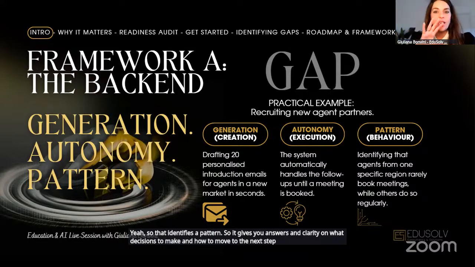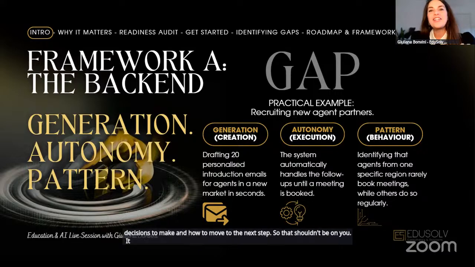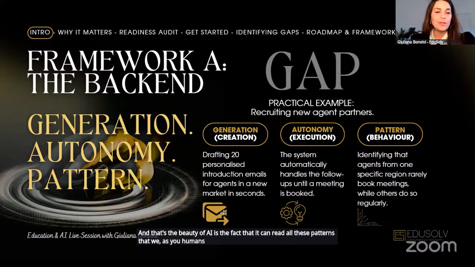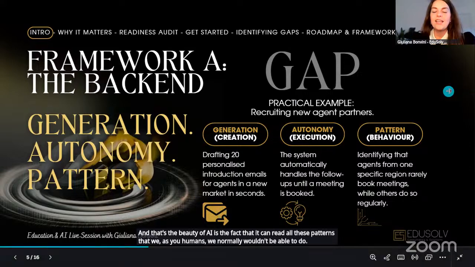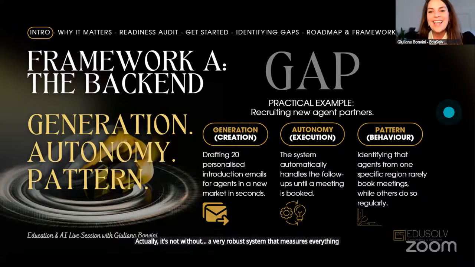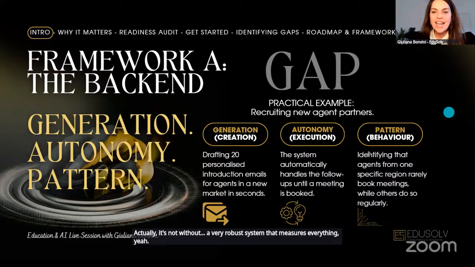So that shouldn't be on you. It should be on AI to do it for you. And that's the beauty of AI, the fact that it can read all these patterns that we as humans normally wouldn't be able to do. At least not without a very robust system that measures everything. Then the next thing,